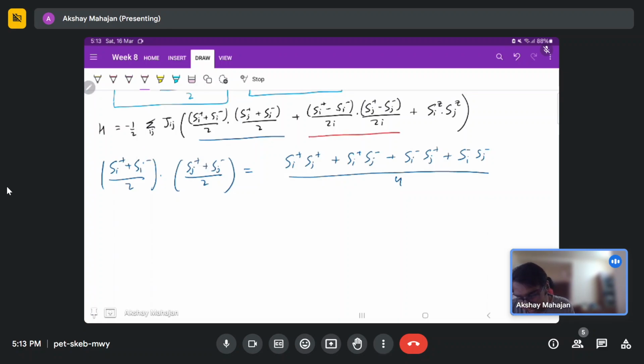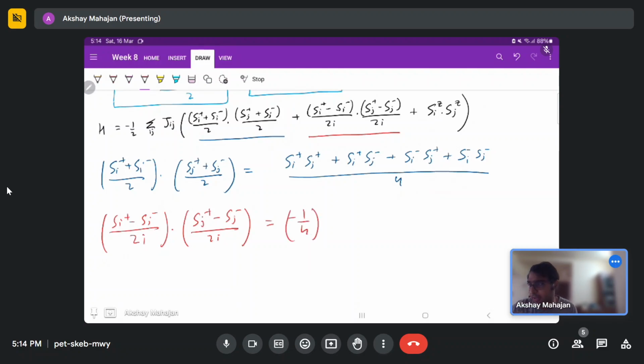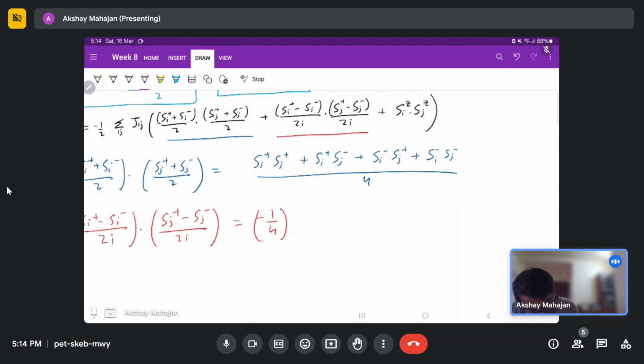Let me just show you the red. Okay, so we have this part, and then you have this part as well. Si plus minus Si minus divided by 2 iota, and Sj plus minus Sj minus divided by 2 iota. So that will be equal to that. Okay, so if you multiply 2 iota, that will give you minus 1 by 4. Let me just keep this minus 1 by 4 outside, and we will have